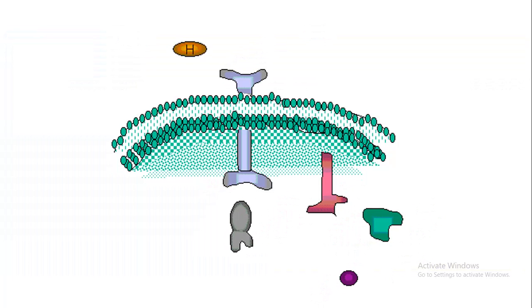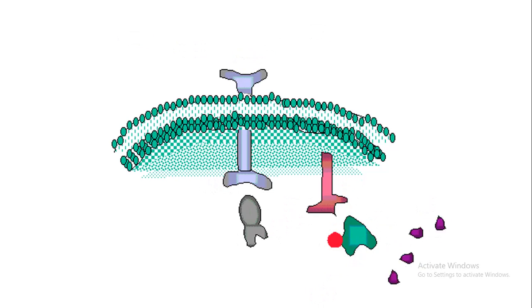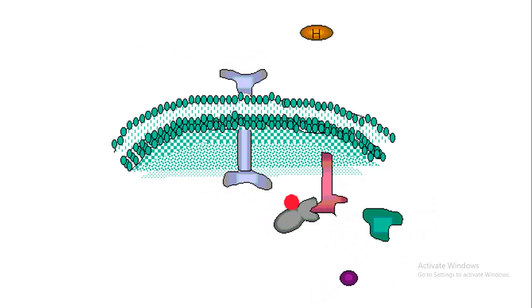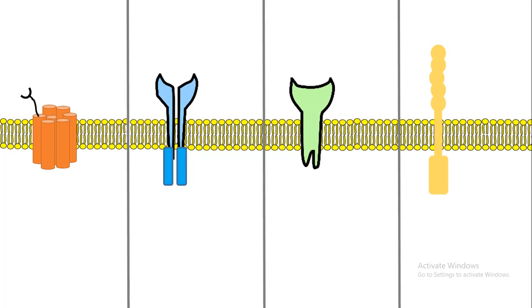That's why it is very important to understand how these receptors interact with the ligand, how the ligand gives rise to a conformational change in the receptor, and how the internal part of the receptor interacts with several other signaling molecules to give rise to cellular processes. Now, the whole complexity is dependent upon the different types of receptors.